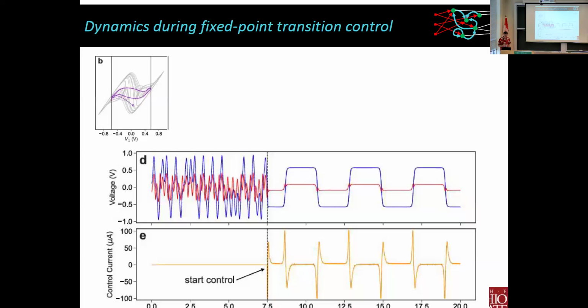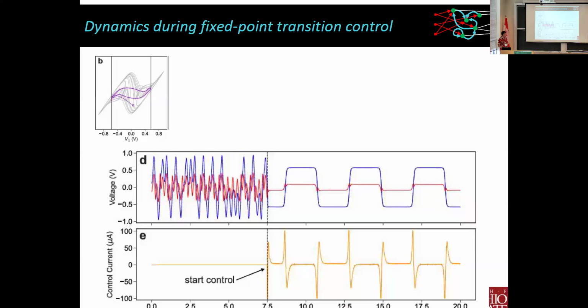all the tasks. So this is just an example of some time series data of that first task, the middle task, where we went back and forth between the 2 fixed points that are in the center of each scroll. So this is before control is turned on. The blue is the V1 variable. The red is the V2 variable, the 2 that we could measure. We then turn on control. The control signal is 0 until we turn it on.